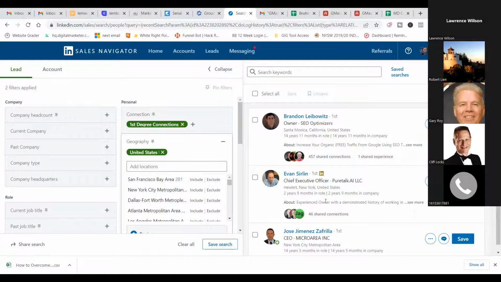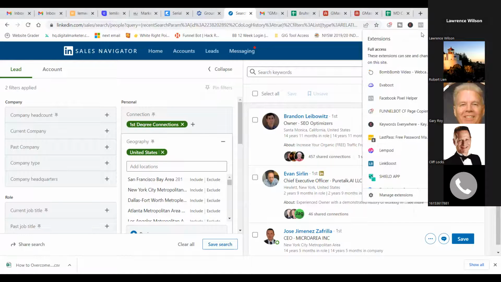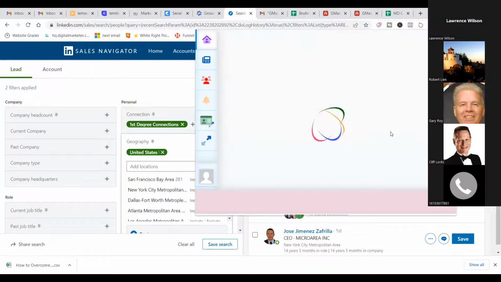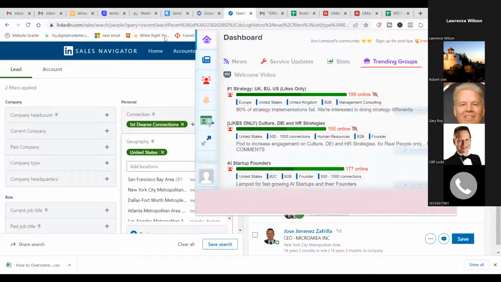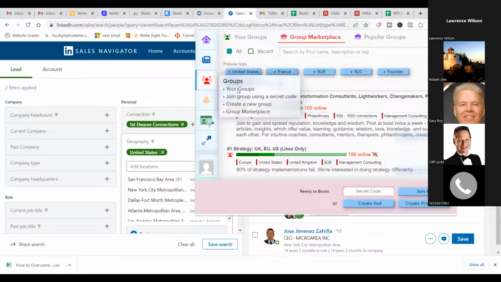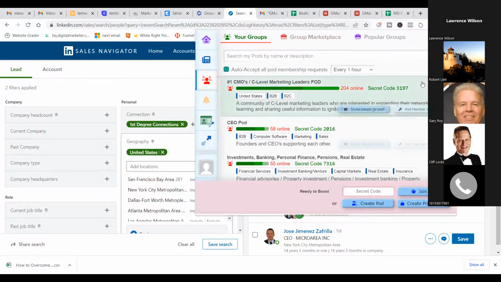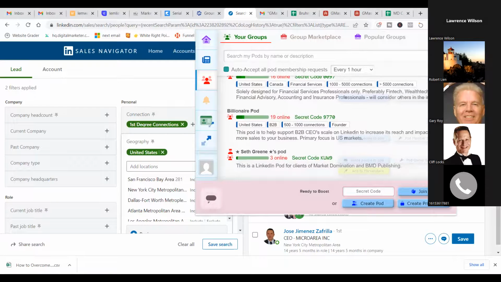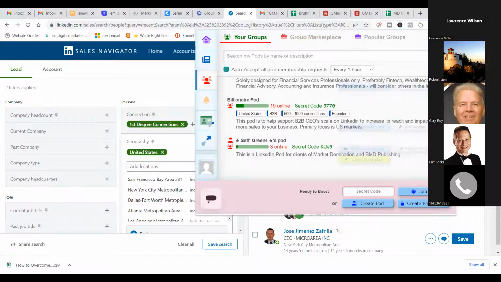It was about LemPod, how it kind of works. Oh, yeah, sorry. So with LemPod, you can create your own LinkedIn engagement pod. And then what will happen is everybody who agrees to be in your LinkedIn LemPod, anytime I make a post using the app, it will automatically have their accounts like it, share it, view it, and comment on it. And I can specify what they say. You can join, I think it's $5 a month per pod.